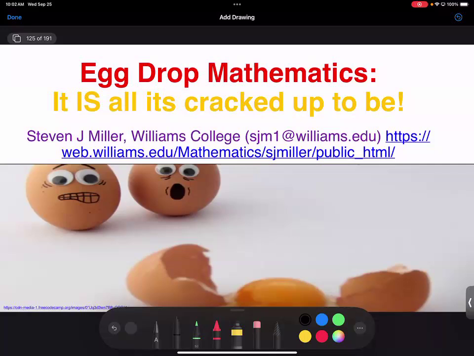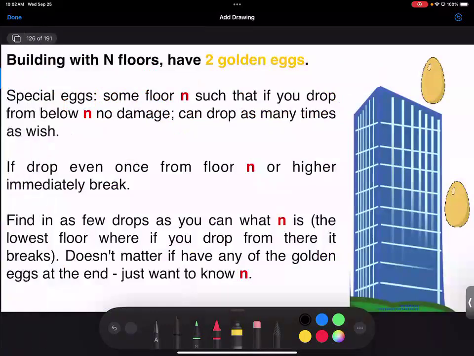I've given this talk many times to people from college-age students all the way down to elementary school kids. And what I love is there's a lot of ways to do this problem. You can gather data, and it's also not clear exactly what problem you should be doing at first. I mean, again, I have to tell you something as the professor, but there's a little freedom in terms of what we actually study. So to give us some starting point, let's say we have two special golden eggs,